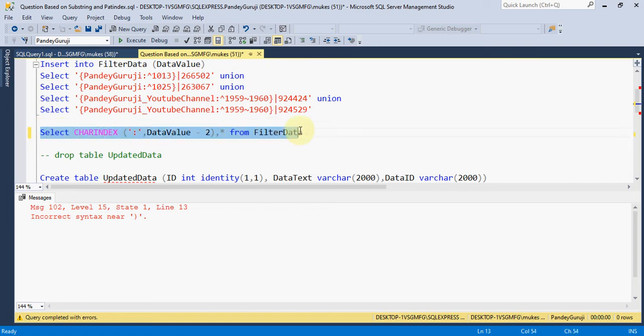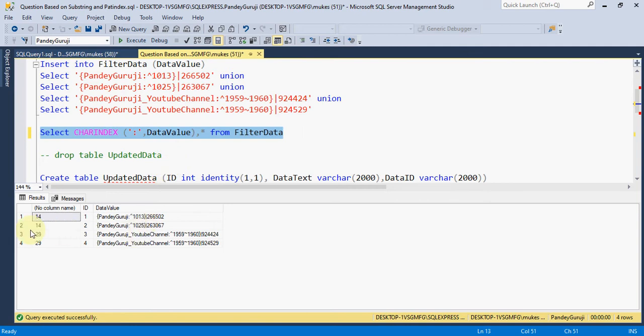So if you retrieve it, you can see it is giving the position. CHARINDEX will give the position as the data type integer, so this will not work. You can see Pandey Guruji, it is giving the position, till position 29, so this is the position of this column.